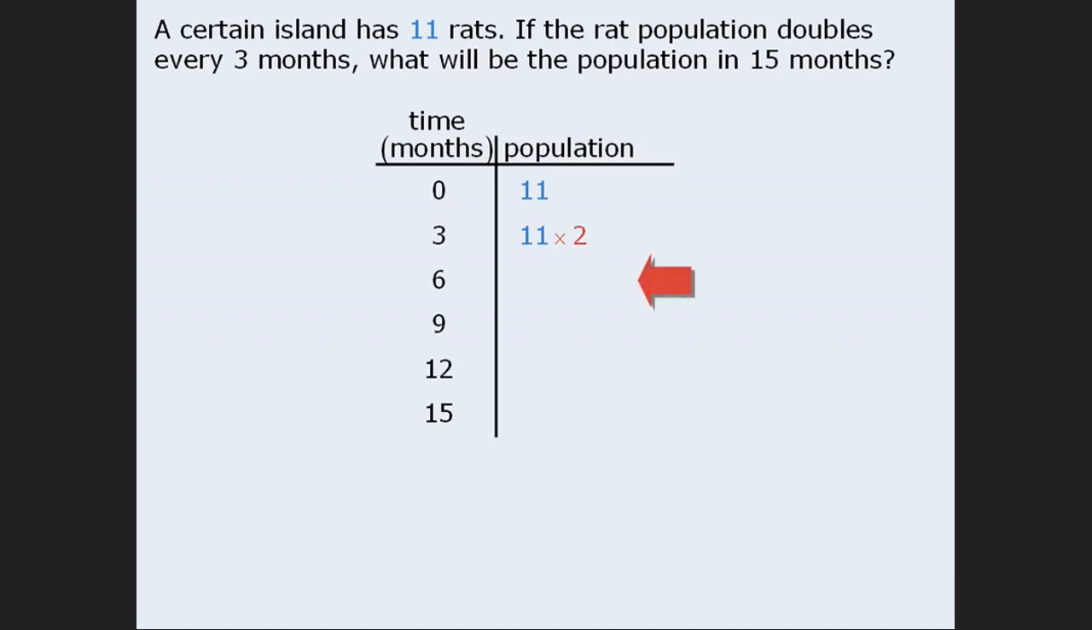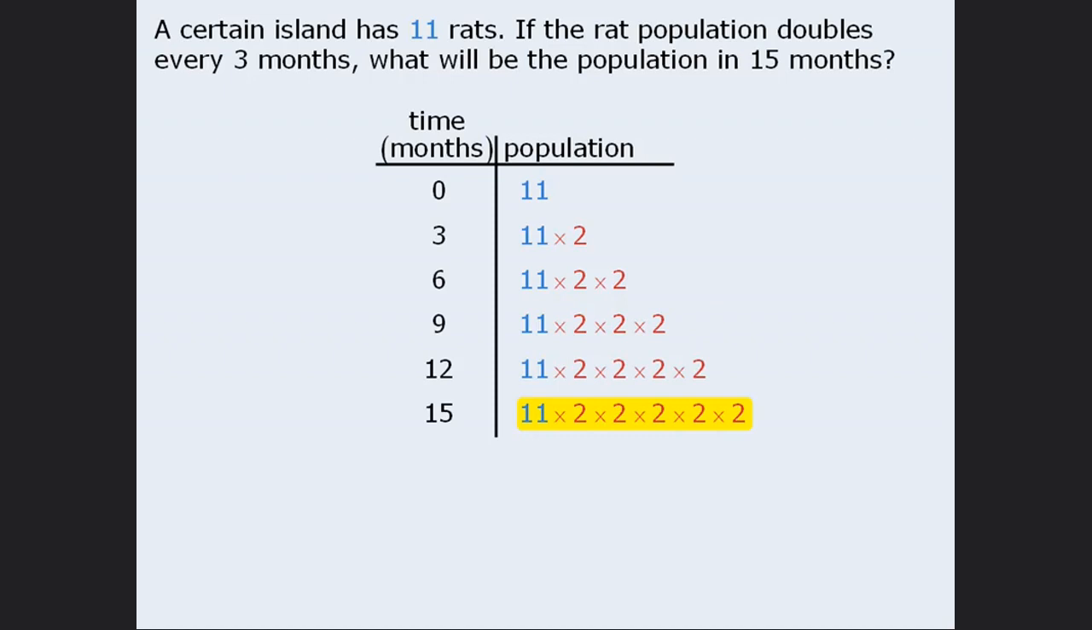Likewise, the population at 6 months will be twice the population at 3 months. So we can say that this population will be equal to the population at 3 months times 2. The population at 9 months will be equal to the population at 6 months times 2, and so on. Now the question asks us to find the population in 15 months. So we could evaluate this product, or we can simply write it as 11 times 2 to the power of 5. Alright, let's summarize. In this lesson, we learned that we can use a table to record and predict incremental